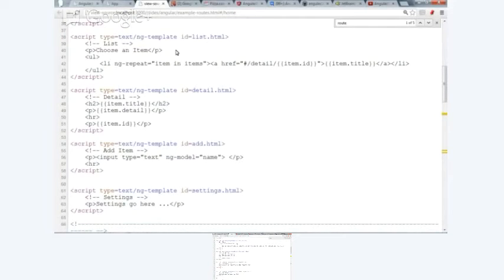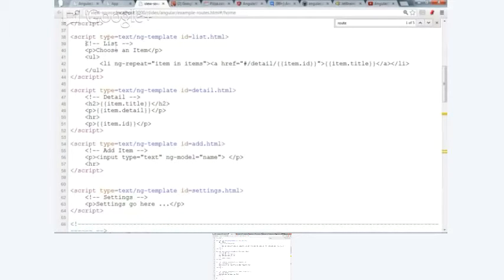I said before that the templates can just exist as HTML snippets inside HTML files. You can do that. But what I've got here is a trick in Angular.